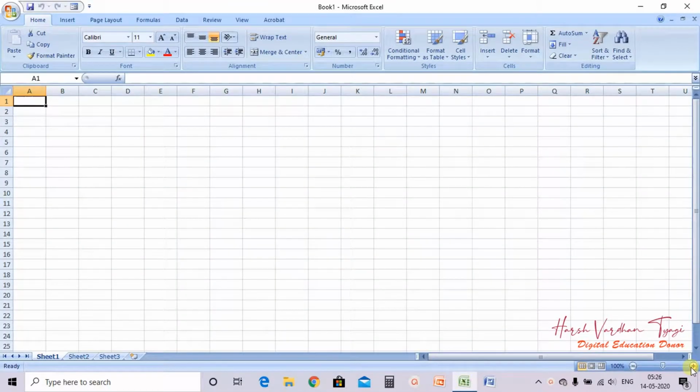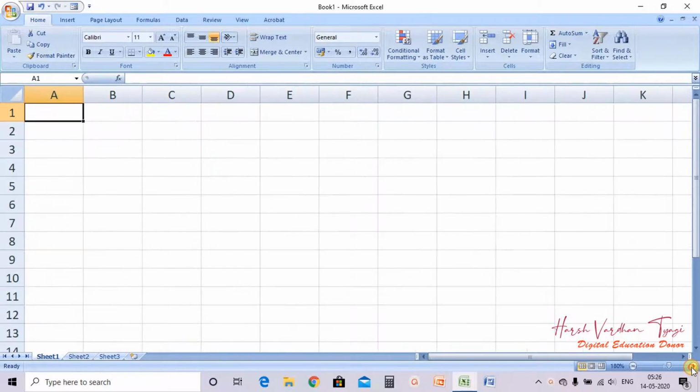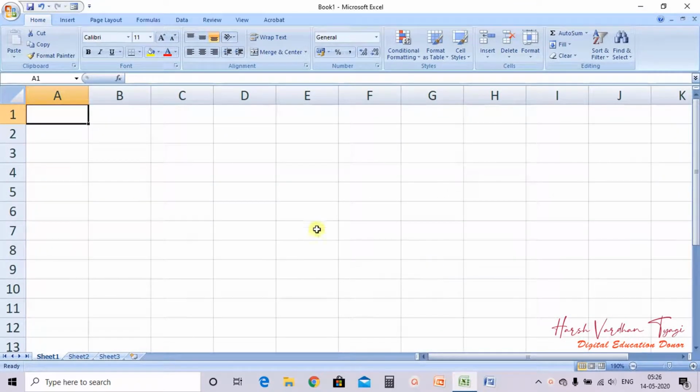Fine. So let me increase the size of the window. Perfect. Now we'll create a table so that we can apply relative reference, mixed reference and absolute reference.